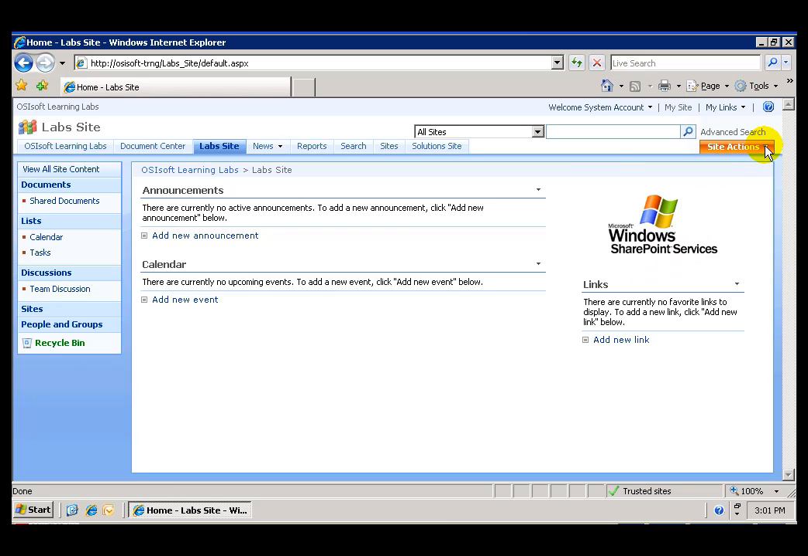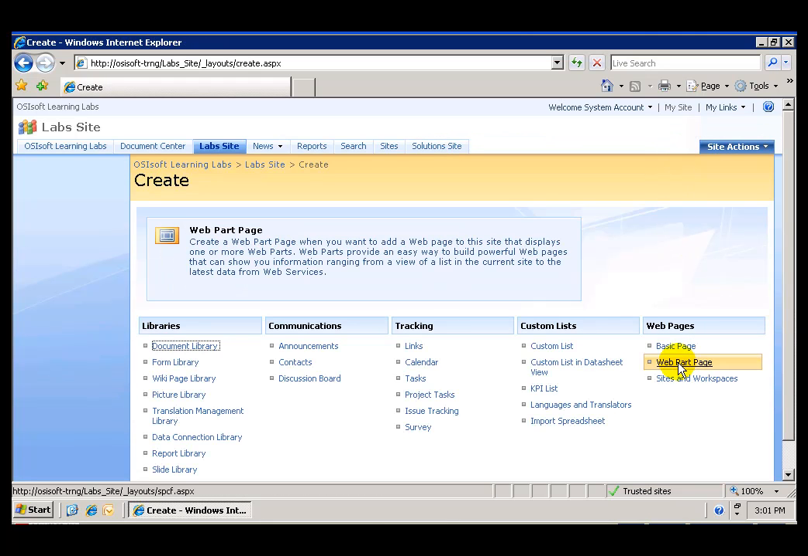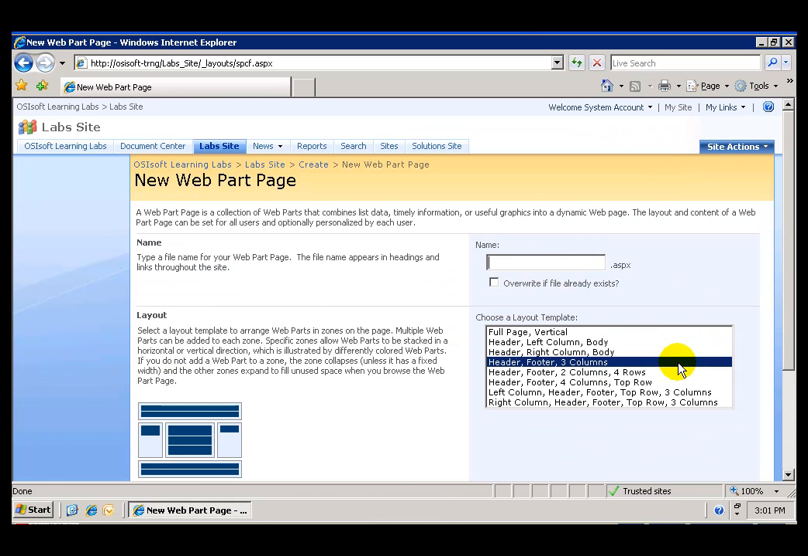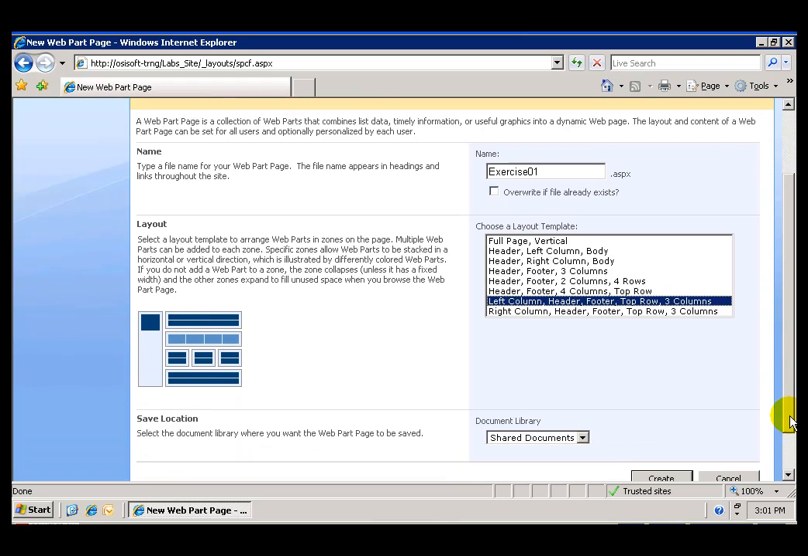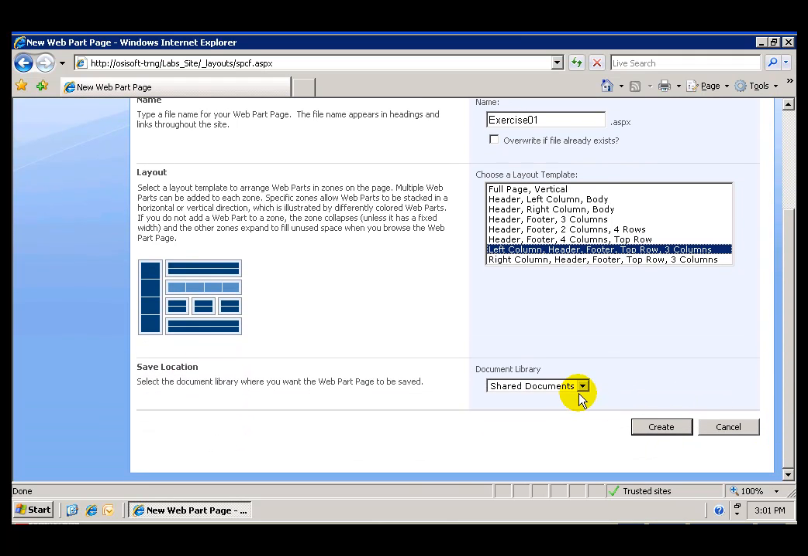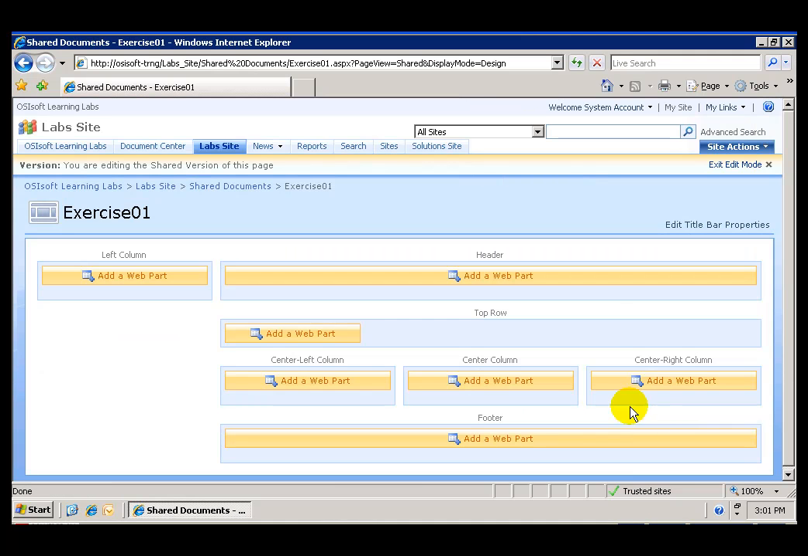by going to Site Actions, Create, select WebPart Page and name it Exercise 1. We'll be using the left column, header, footer, top row, 3 columns template. We want to make sure that the page is going to be created in the document library. We hit create and we can see our WebPart page with the different web parts that we'll be able to